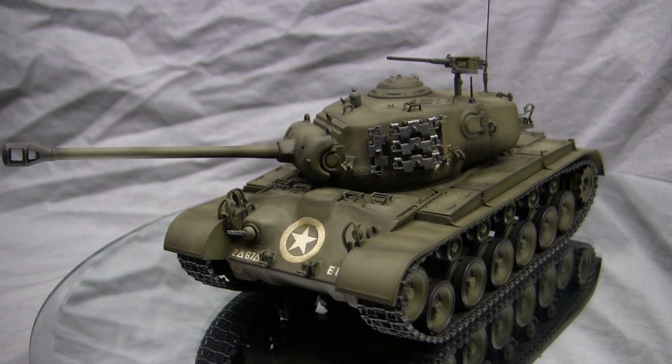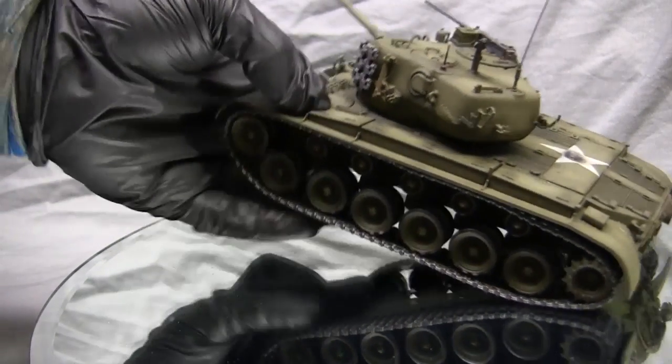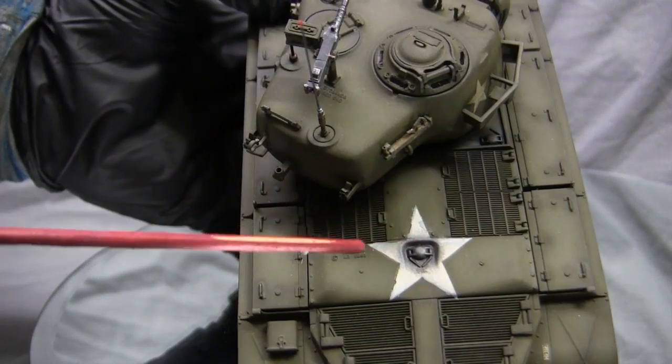The Kit Supply water slide decals were good quality, which is typically found on Tamiya kits. They mounted as is and were very problem free. One nice feature that the decals do have is that on the rear section here, over the radiator guard, there's